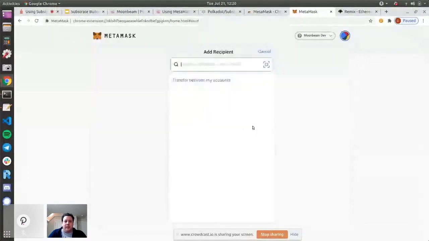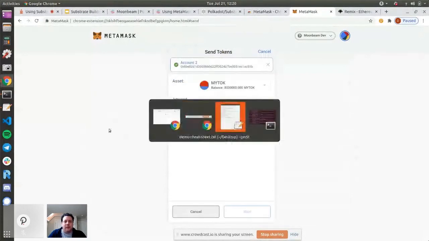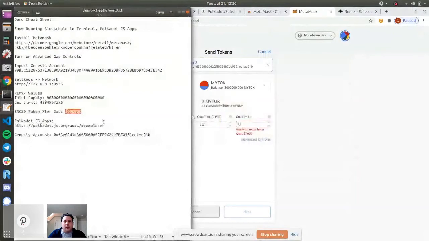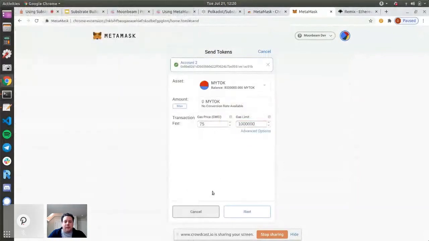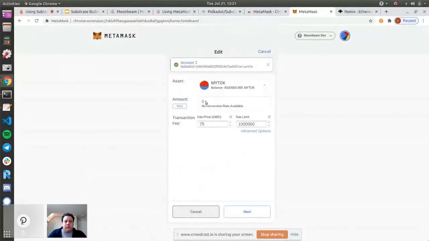And we can even send these. So let's send it this way. I'm going to send to my other account that's in here. And again, let me specify a valid gas limit here. Let's do some amount here like this.